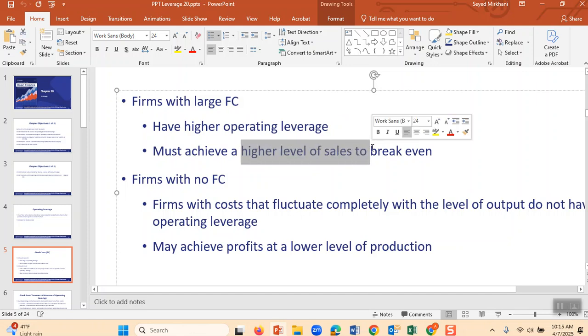It is completely clear that for a lawyer to cover his or her rent and costs, all he or she has to do is get a few clients and get the money, and that pays for the rent. But for McDonald's or for a restaurant to break even, they have a lot of fixed costs. Why? All those equipments you see in McDonald's, maybe they cost $500,000. They are called fixed costs. And McDonald's has to sell a lot of Big Macs until it covers every month the payments for that high rent.